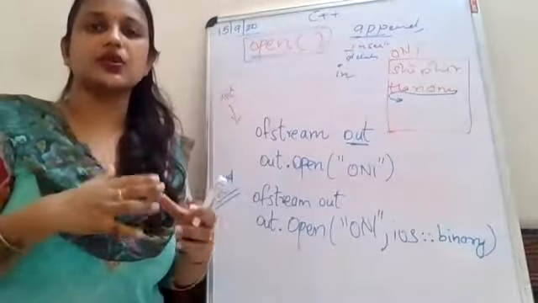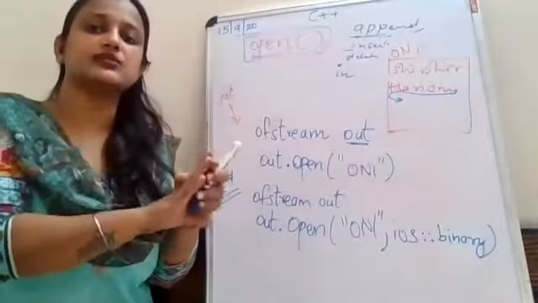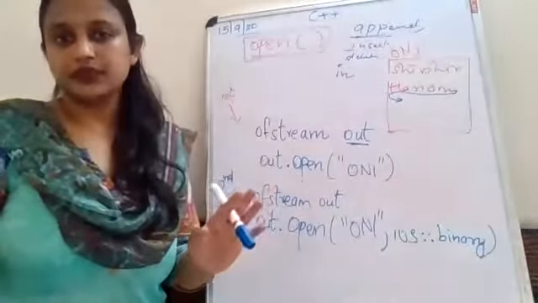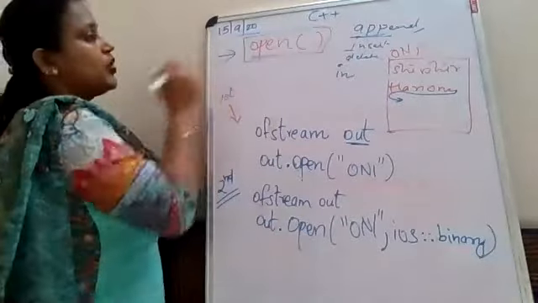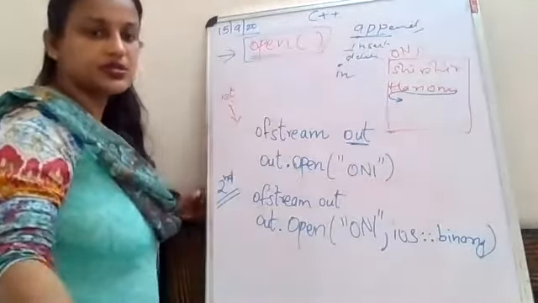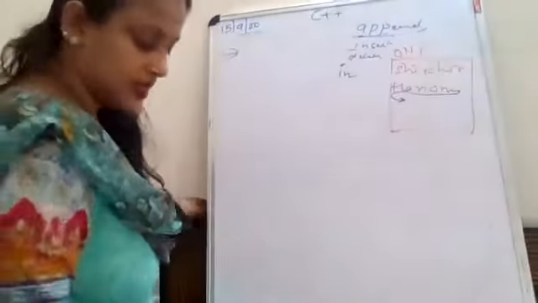All this is not there in your syllabus. You are just given the modes, that's all. How exactly it opens and how to do it is not there. So that's the open method or open function, how to open a file. Is it clear with you? Just give me a thumbs up so that I can move to my next topic.